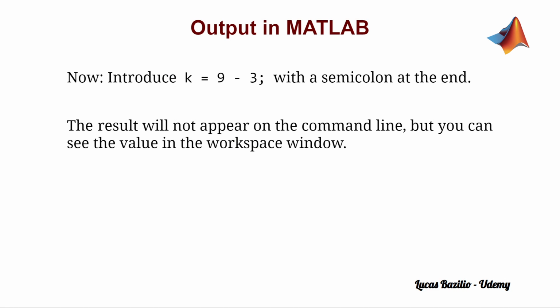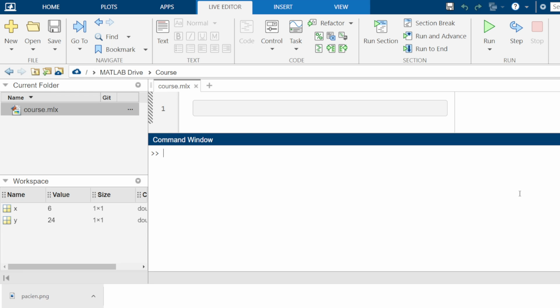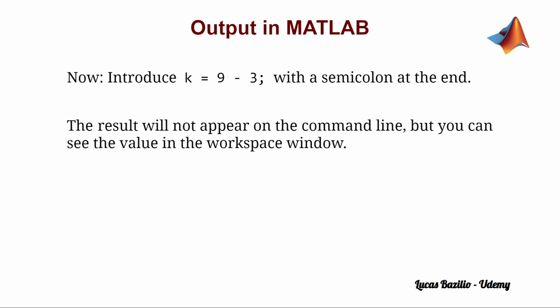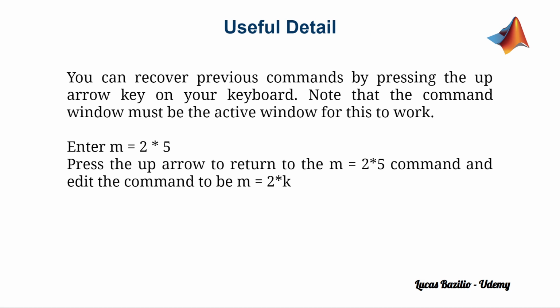Here we have a very simple and brief exercise. We just need to introduce k and set it to the value of 9 minus 3 with a semicolon at the end. So k is 9 minus 3. We press enter and we see that k in here has the value of 6. The result does not appear in the command line, but we can see the value in the workspace window. Pretty simple, right? Very well, let's now take a look at one useful detail when working in MATLAB and writing